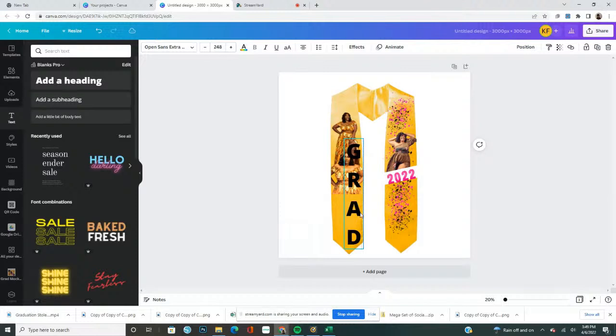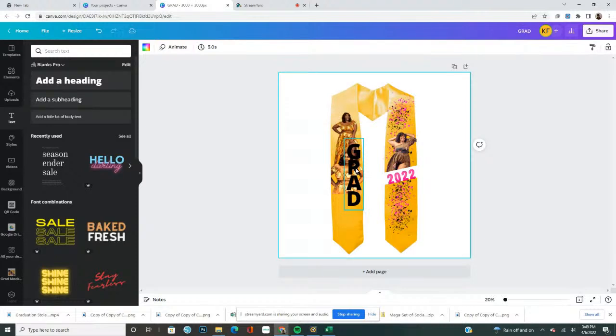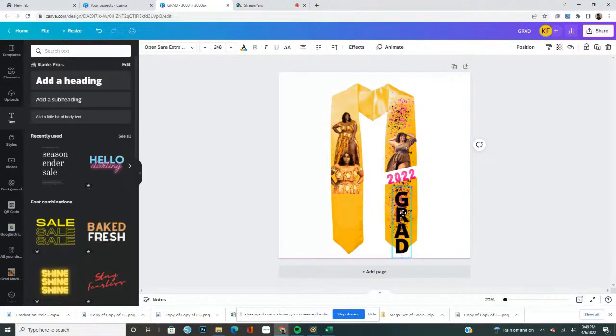And I'm going to change my letter spacing. Let's try this one. There we go. Bring those closer together. This font is actually probably okay. It's not probably, it's gonna be okay. Because